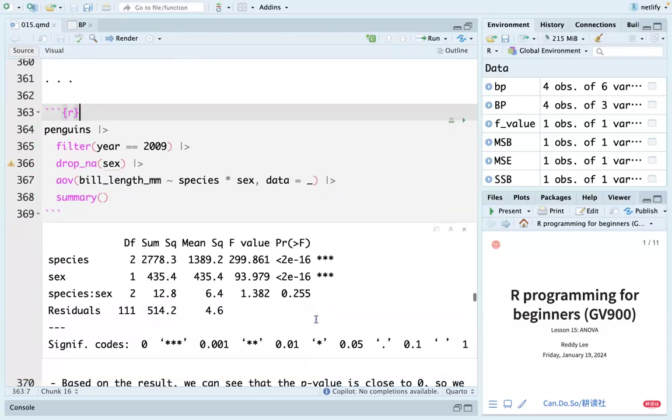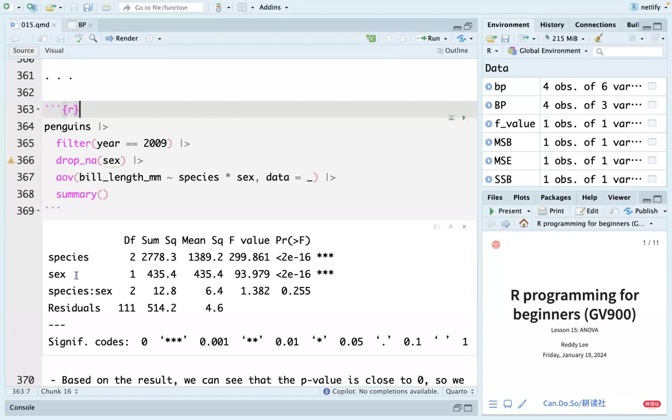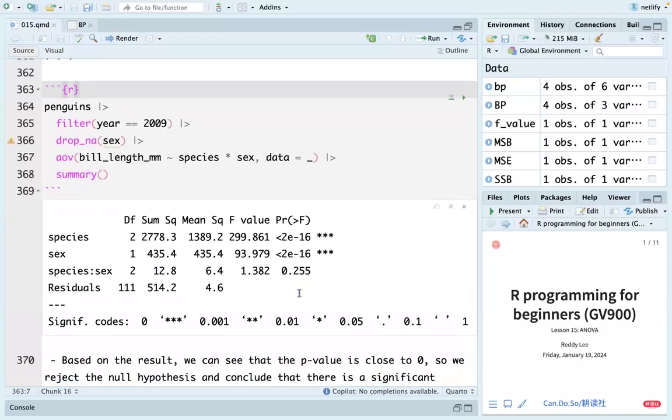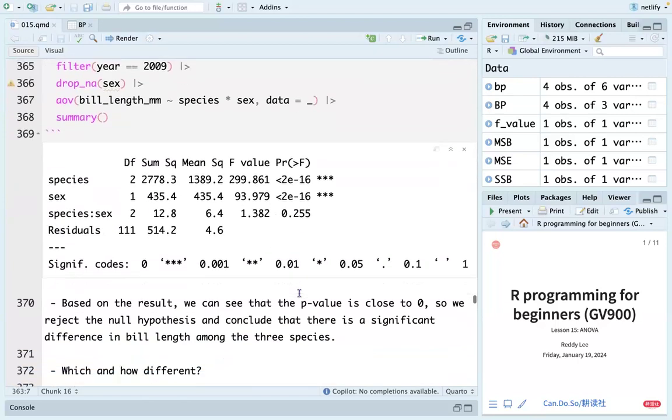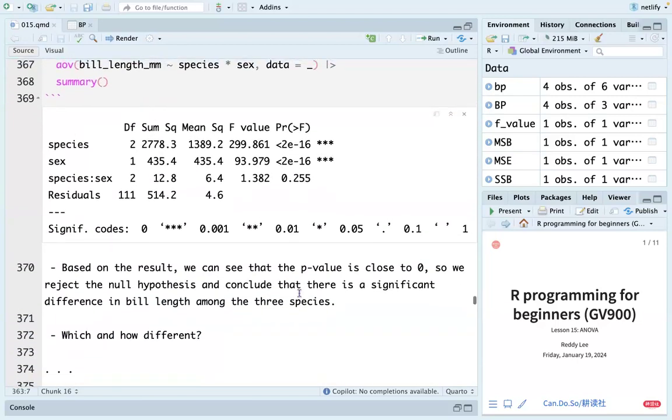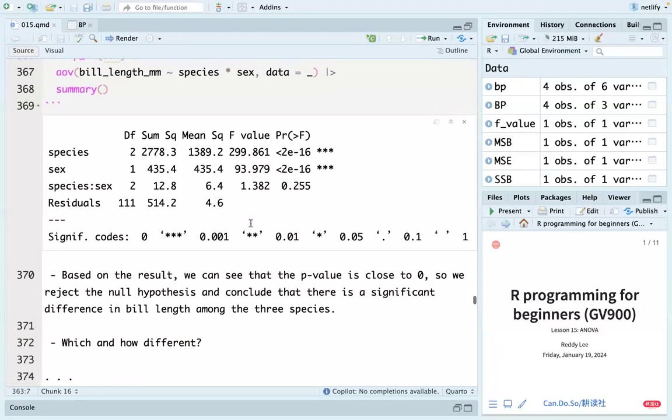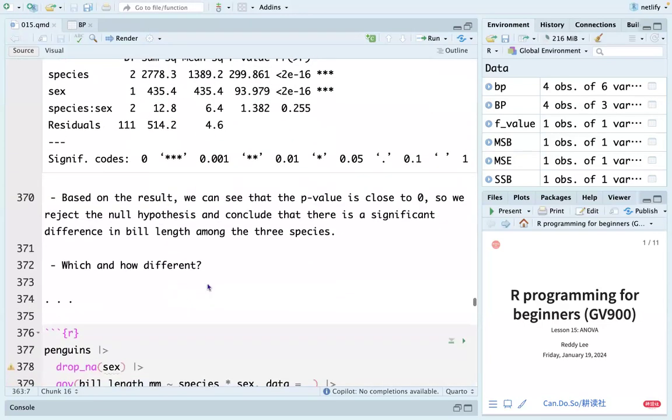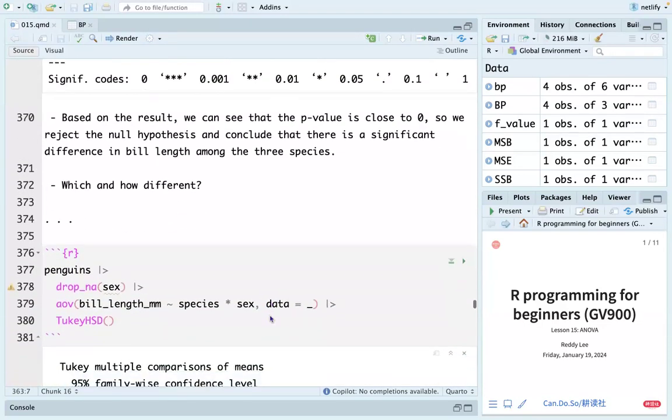And we can see that species are quite significant. Six are among them as quite significant. But species interaction with six is not significant. So because this is a total one, we can break it down to the